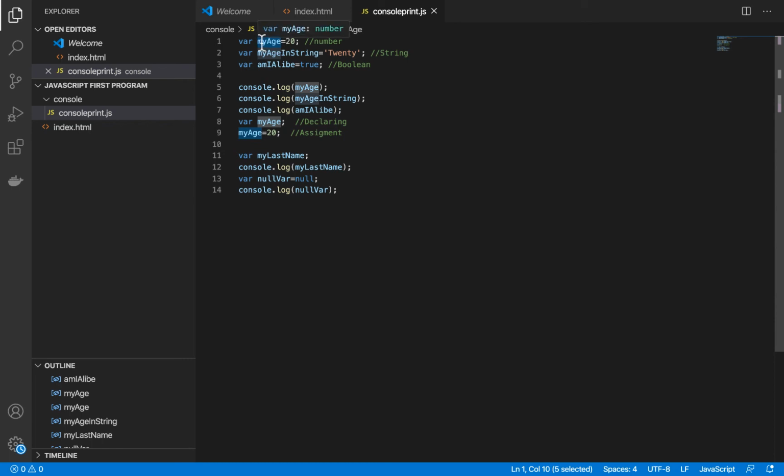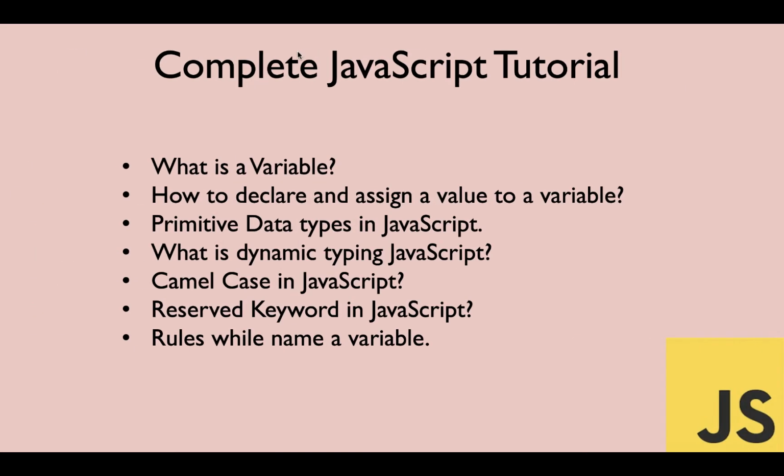So we can also write something like this. If you want to write, for the sake of it, MyAge, it will work, it will not be a problem. You can see there is no problem over here. But for the sake of simplicity and standardization, we always use camel case. So if you have any long name, something like myNameAndMyAgeInString, you can see the first letter of the first word is always small, and then the first letter of the other words is always capital, which gives a camel case feel to the name that is declared over here. Yes, so that's all about camel case.